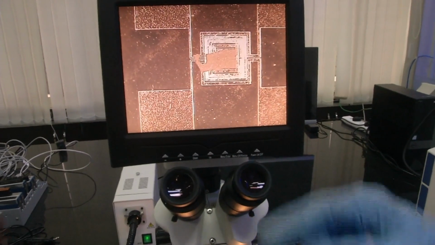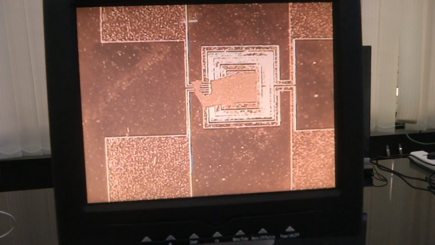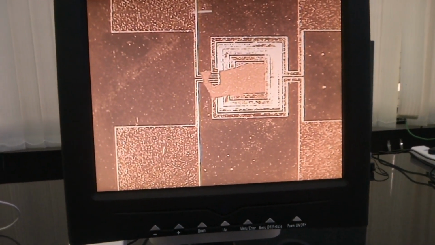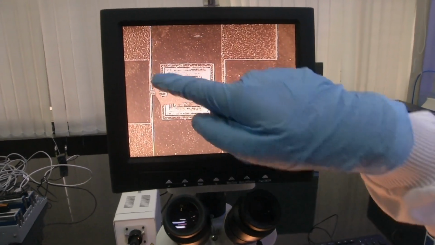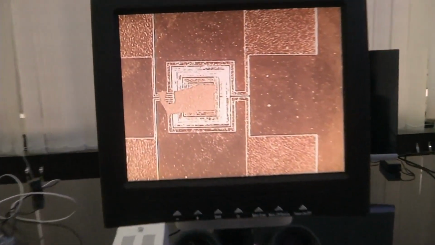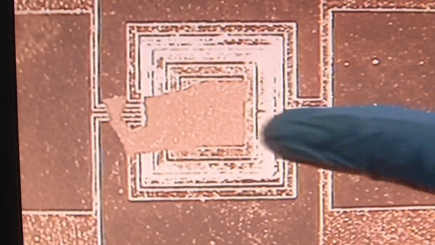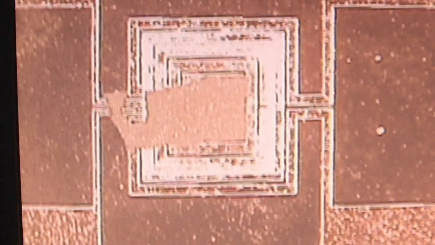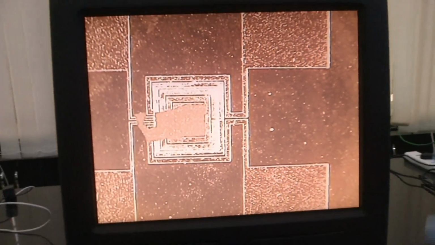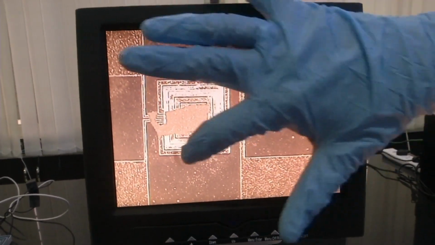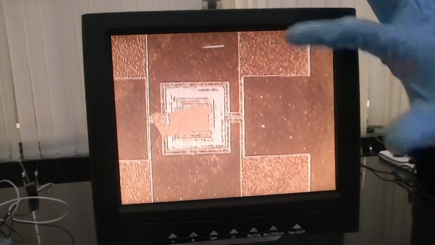And these big squares that you see on this monitor are the pads from which you take out the signal. Then you have further signal conditioning circuits and data acquisition circuits. This winding path that you are seeing is the electrode for the sensor, and the sensing material is put on top of it. I hope you can see it through the camera display. The sensing material will react to the gas and change its properties, which is picked up by this network of metal, and then captured through the pads which are shown here.